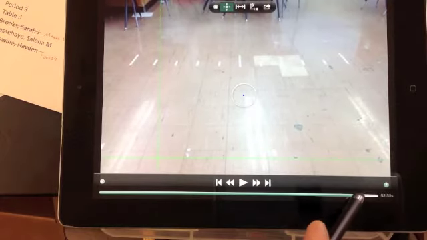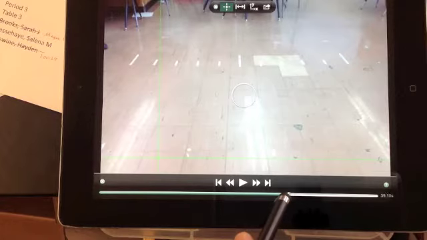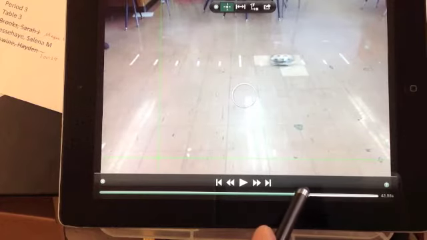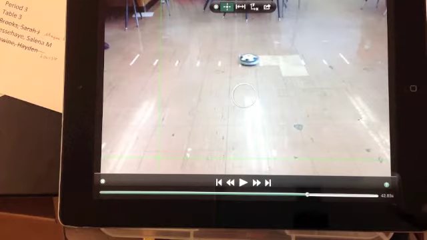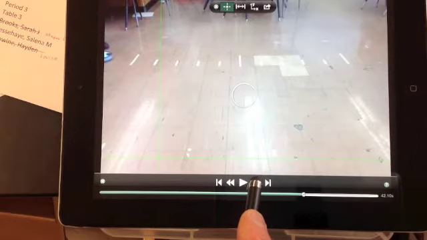I can also control the picture by the slider on the bottom. I can move it back and forth. Okay, and in the lower right hand corner I have the time right here, and that's what I'm going to need. So I'm going to move it until it gets right about the beginning, and then to go one frame at a time I can just hit the double